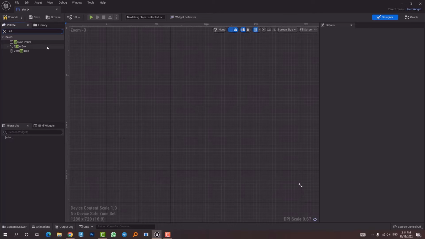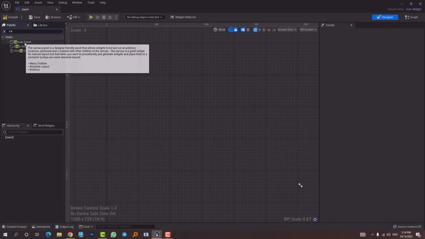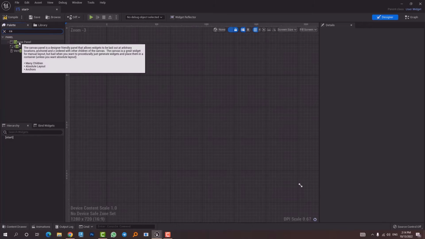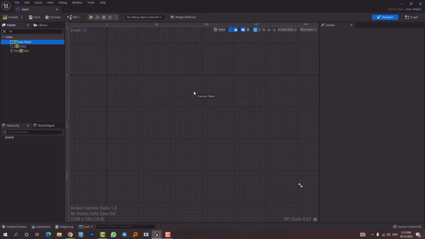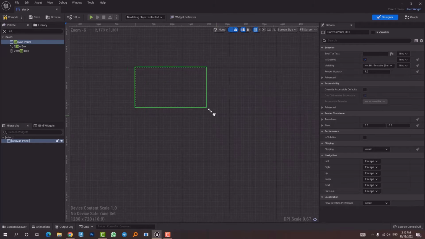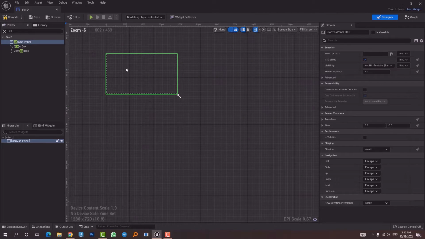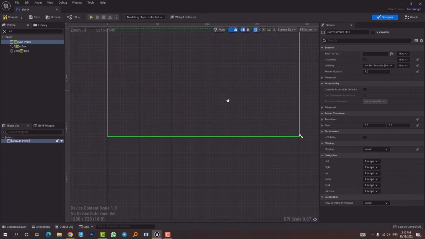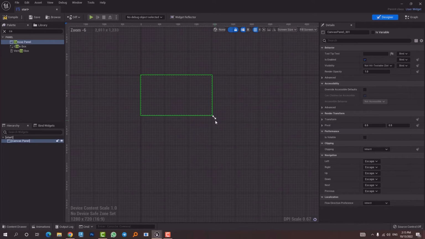So we need a main canvas for our menu, and that's what we're going to do. I'm going to select this canvas panel here, and I'm going to add it to this screen so that we can have a canvas to work with. So I'm going to drag it over here, and after I did that, I can control this screen with the mouse scroll. I can zoom out and zoom in. If I hold it down, I can pan it like so, and I can change the size,